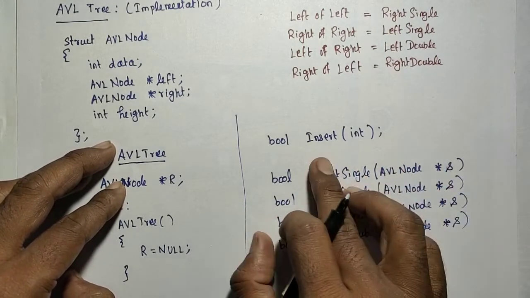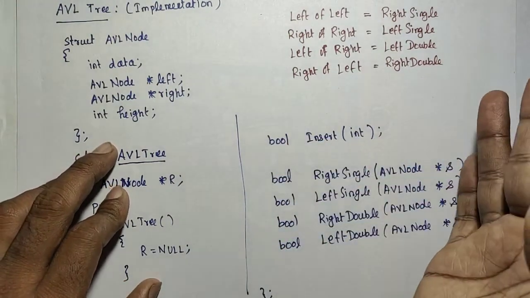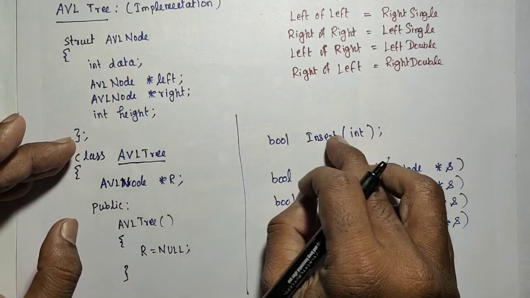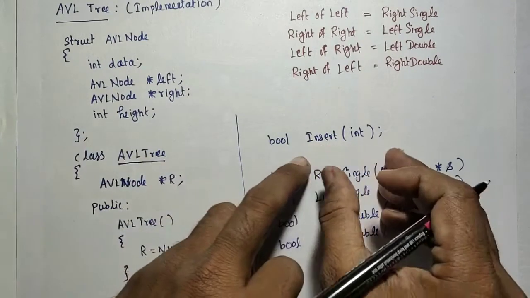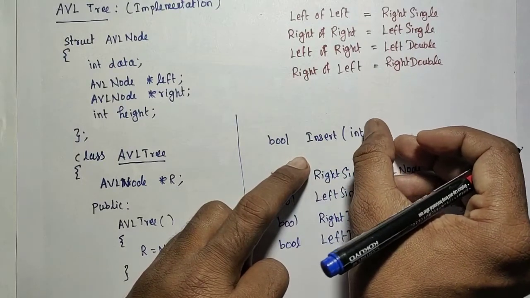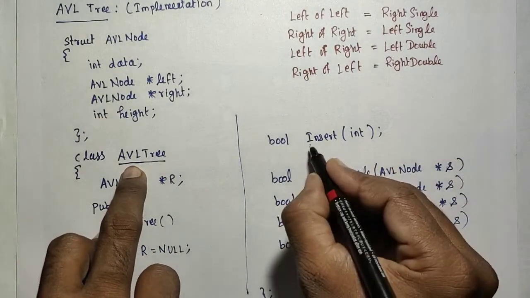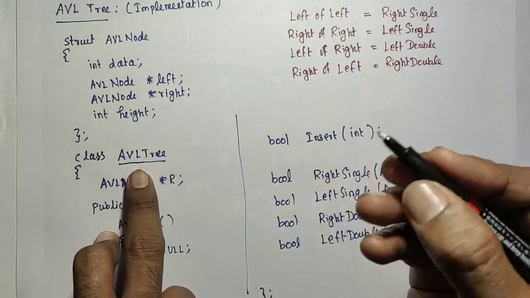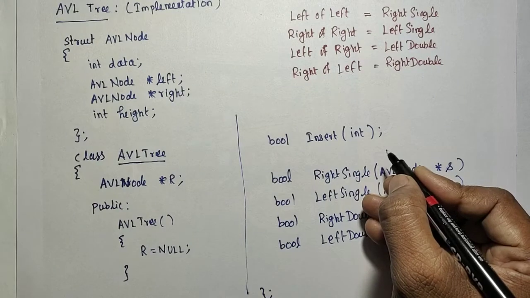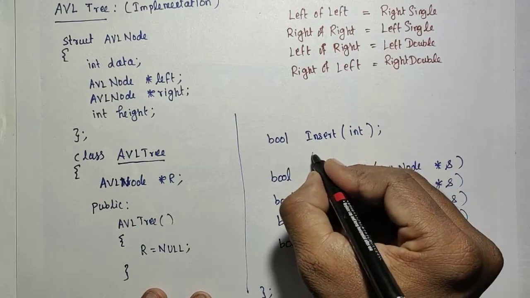This is going to be used in the insert function. In the insert function also we are going to design a recursive function, so that it will be simple. Okay, so if I want to design the insert as a recursive function, I need to add one more function, recursive insert. In that we have to pass the received input. This is going to be called by the user of that AVL tree. That user will call only this one. Inside that function we are going to use another function, to insert the same element into whichever node I want to insert. Like that I have to define another function which is going to be called inside the insert function.